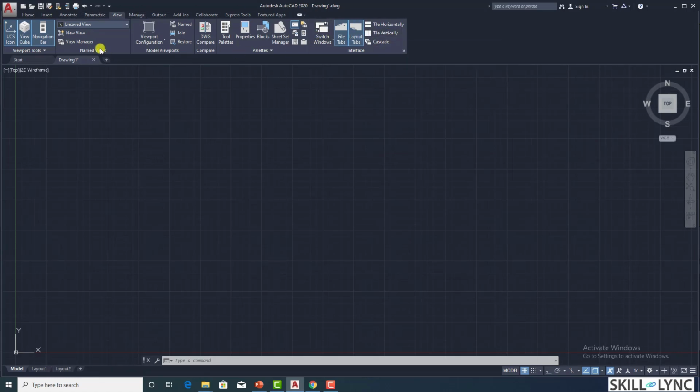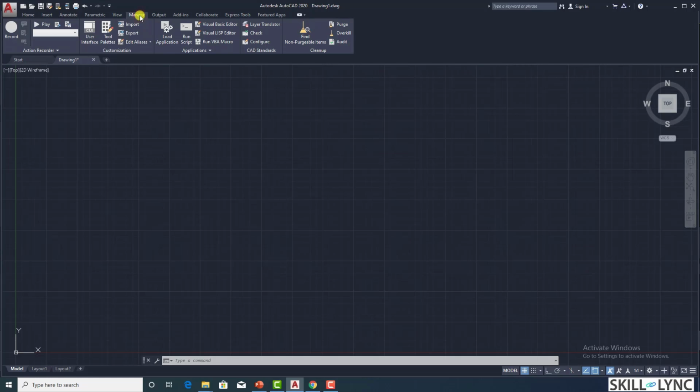So this is the View tab, and in the Manage tab you can see advanced commands, and this one is of very particular interest. We'll try to cover and look into it in the other sessions. So this is something called a macro. It's a very powerful tool. This macro is used to do a repetitive task by automating it.